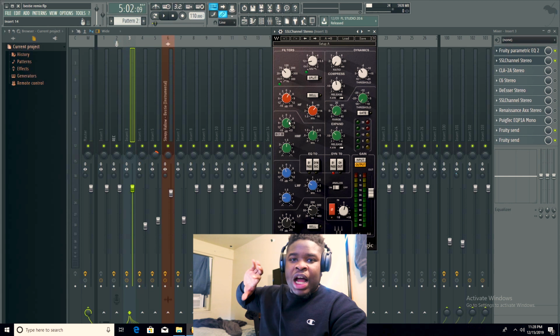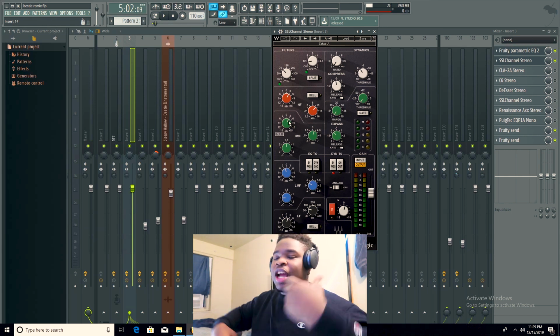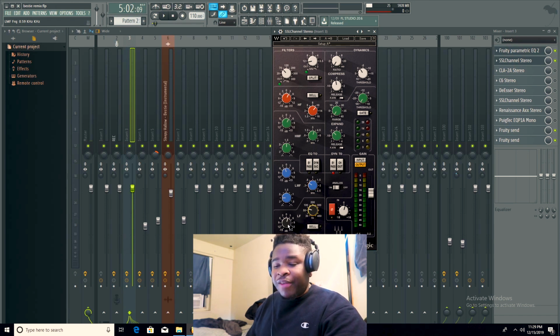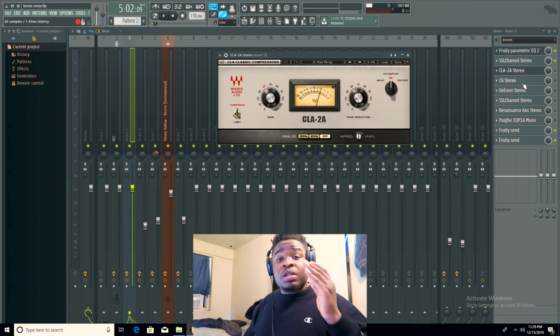You want to try to boost the higher range because that's where all the sweetness in your voice and all the flavor and the characteristics that you're looking for are. That's the range that you want to boost. I brought down the 500 hertz range, and I actually boosted a little bit of the 70 hertz range. After I get done with the SSL channel EQ, I go into my compression.